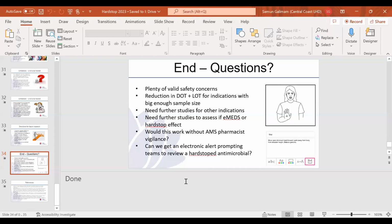I would probably say look at the capacity of your AMS team, how many patients they can have daily oversight of. I mean, there's still patients every now and then that we're picking up on rounds where they've been hard stopped, and we have to say, has this been hard stopped intentionally, or has this been accidental, and they'll restart it. Also getting just buy-in from